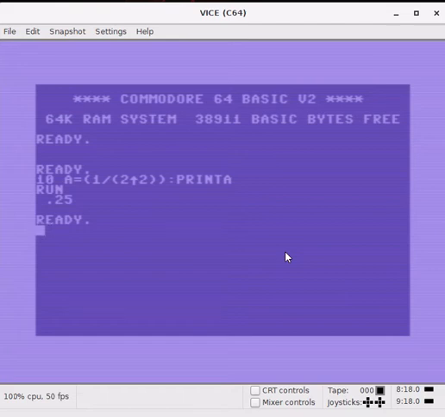But that's basically how your math is done. And I know really nothing about algebra except what I learned on the Commodore, because I couldn't pick it up in school. I couldn't understand math that well in school.